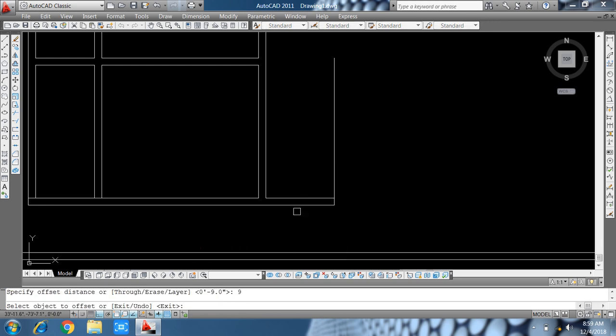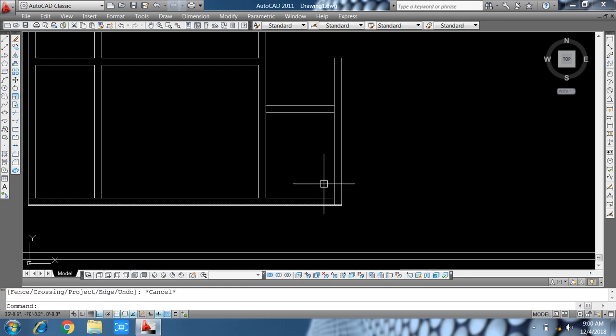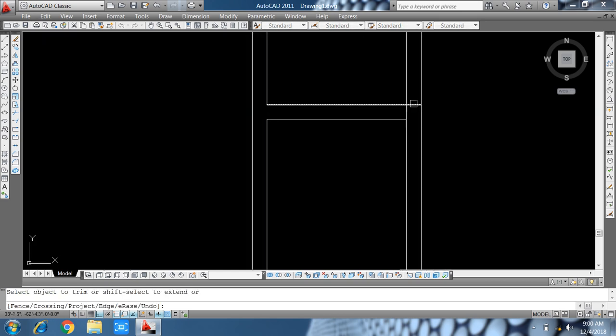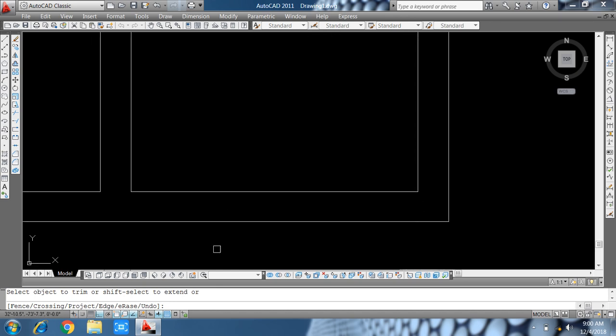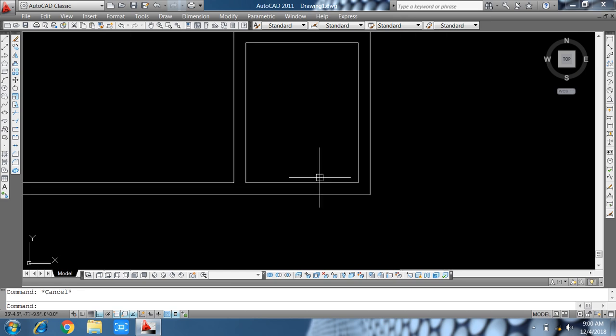Extend it, trim, and extend this line, trim it, delete it.